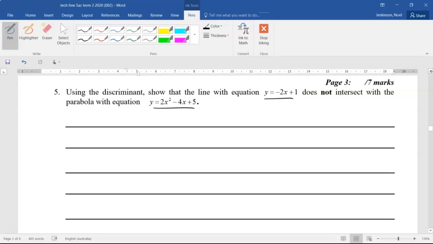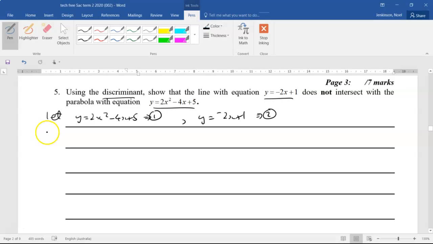I've got to find out how many times that line and parabola intersect, so I probably need to solve simultaneously, and I really only have to show how many by using the discriminant. But first of all, I'm going to solve simultaneously. I'm going to let the parabola 2x squared minus 4x plus 5 be equation 1, and the straight line minus 2x plus 1 be equation 2,